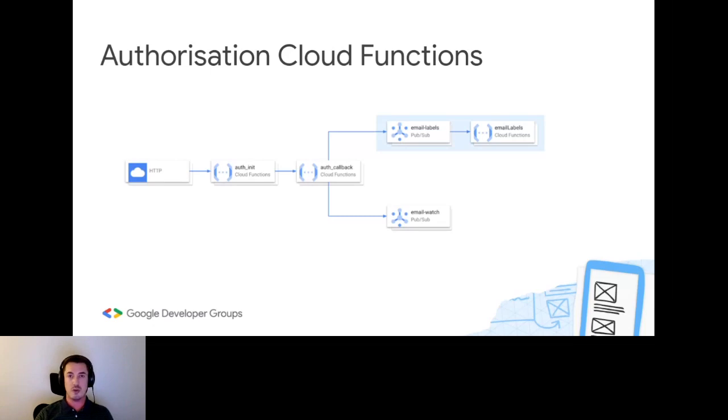What it will do is go and initiate the authorization. So that is in authorization initiate, and then it will pass the data that we need to the callback. The data that we need to the callback is the email ID, and that's it. We do not need anything else over there. We already have access to the user's mailbox. We have provided consent, we have provided a scope, and all we need is just that email ID.